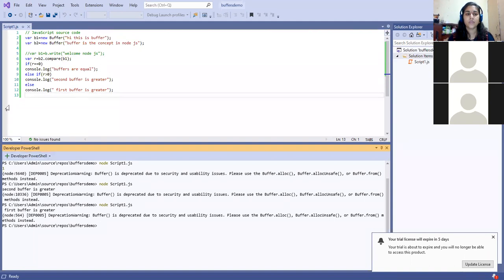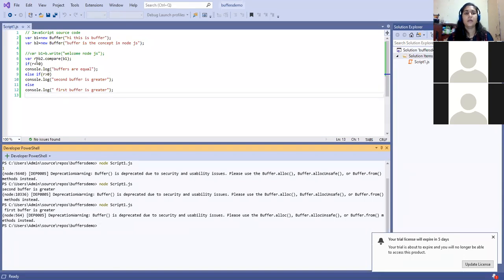Are you getting? So here what happens? It will compare according to B2. If B2 is equal to B1, it will return me 0. If B2 is greater, it will return me -1. If B2 is smaller, it will return me +1. Okay, so according to that, the output will come out. So this is regarding comparing the buffers. Two buffers we have to compare.